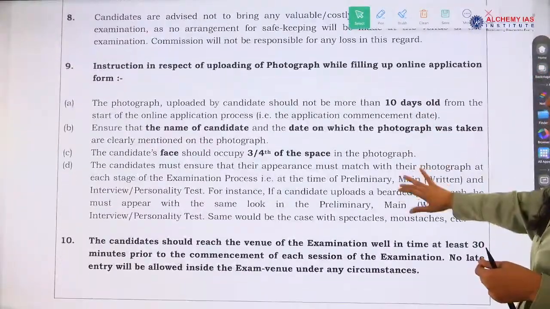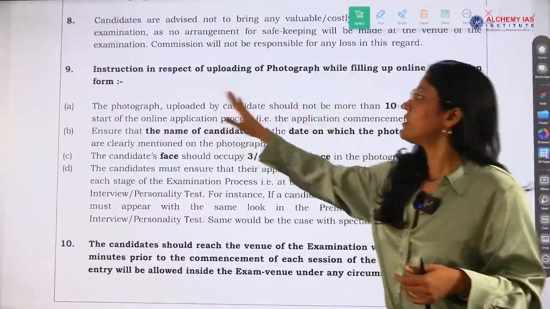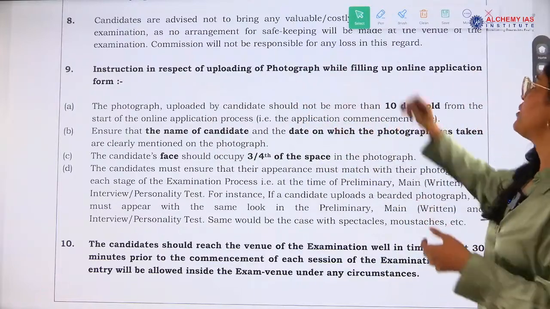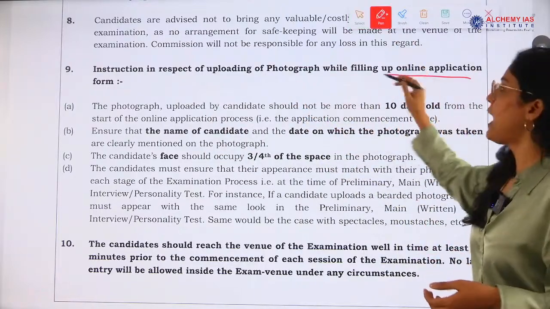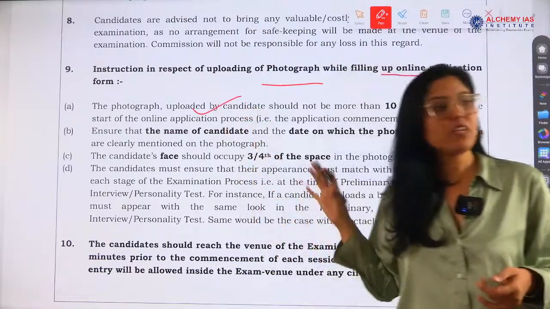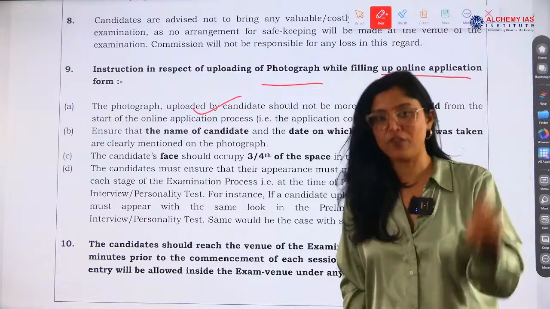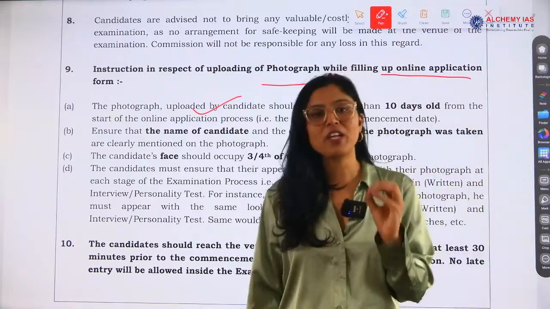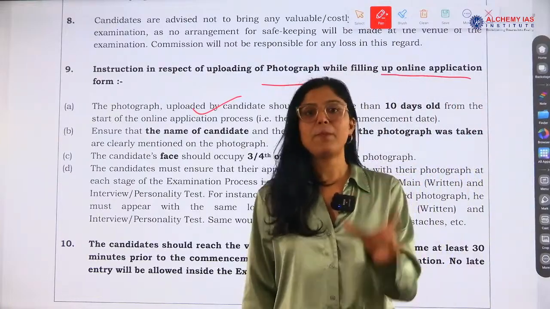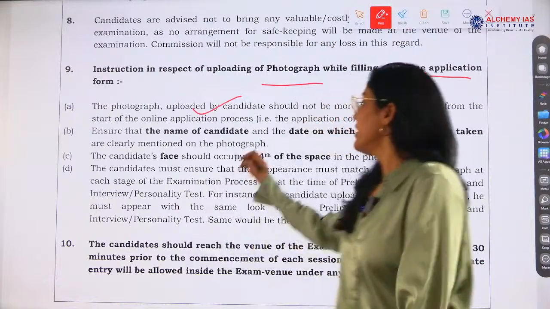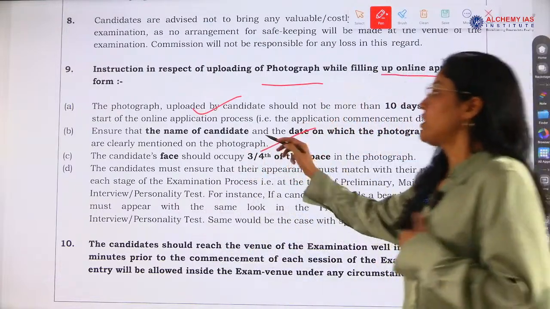Now see, instructions in respect of uploading of photograph while filling up the online application. This is also mentioned. Every detail they have given. If you read it carefully, you will not have any confusion, and if confusion is there, a facilitation counter is also provided. Helpline numbers are also provided. Next, they are talking about the photograph.